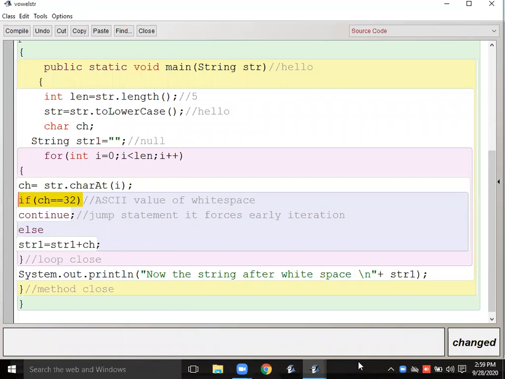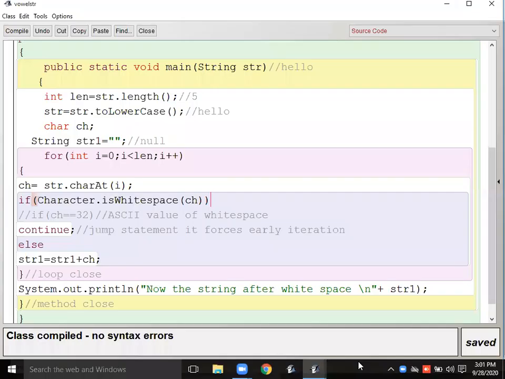Quickly change the if condition. Use this Character wrapper class method also. If character is white space, correct, then you can use this ch over here. We are using the isWhitespace method of the Character wrapper class. Then it is continue, else this.